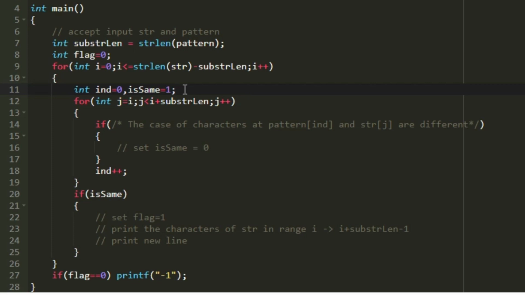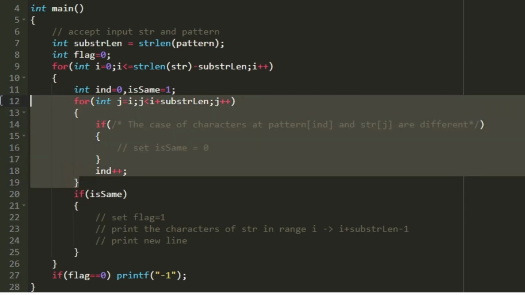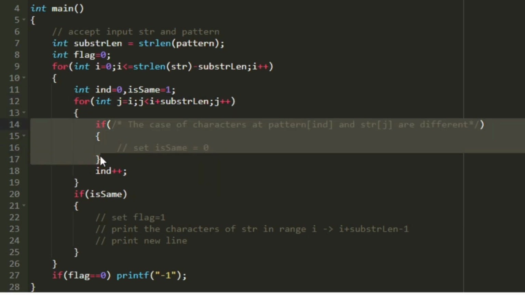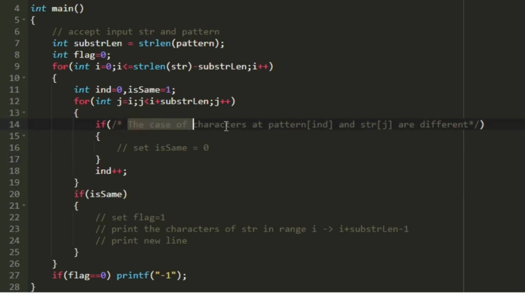So I am creating a loop that iterates from i till i plus substr_len minus 1. That is, this loop iterates through the substring, and in every iteration of this loop we will also be checking whether the character matches the case of the pattern. So within this loop we have created an if condition, and this if condition checks whether the case of the characters at pattern of index and str of j are different, and if the character cases are different, then we set the variable is_same equal to 0 because it is not valid, it doesn't match with the pattern.